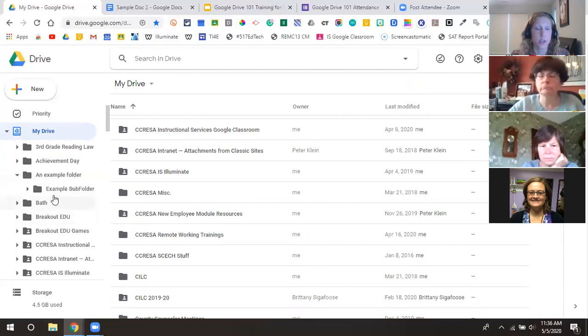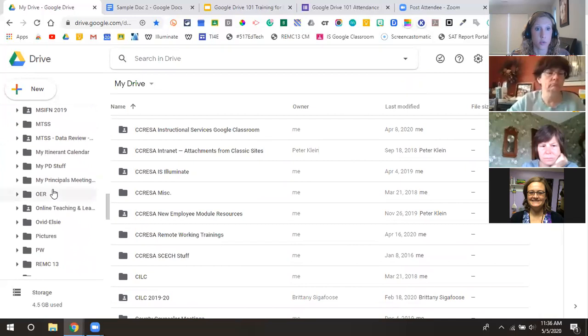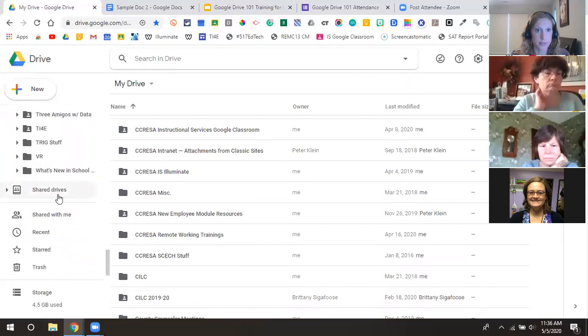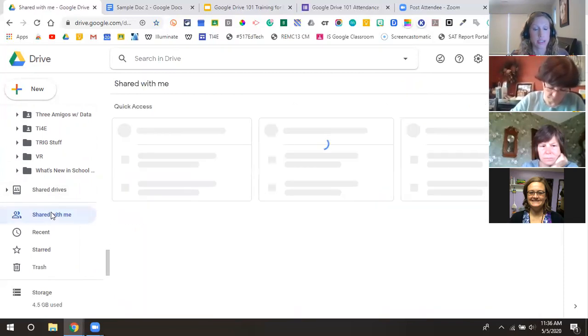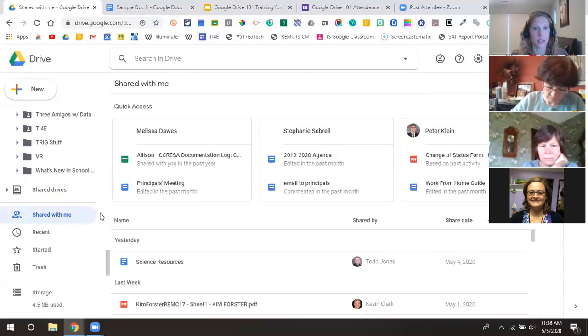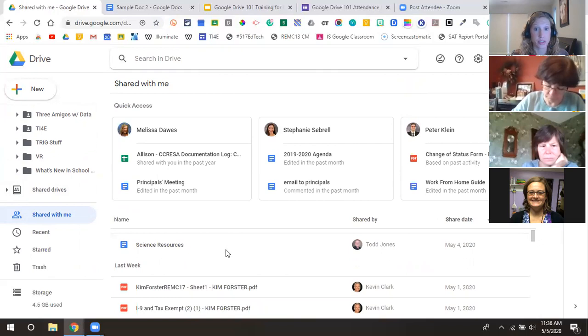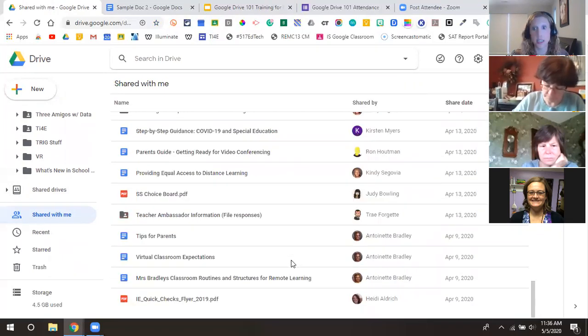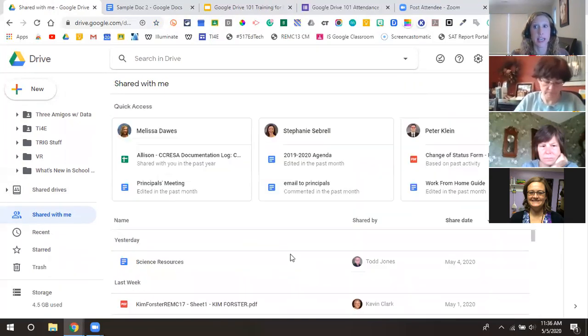I also want to show you the shared with me folder that lives down here, right? So shared with me, just to clarify for everybody, this is where documents live that folks have shared with you, right? So you might scroll through this and say, I don't even know what that document is. I didn't know that person shared this with me. It's not going to be a problem if you have a massive list within your shared with me. A lot of people are like, can I delete stuff that I don't know what it is